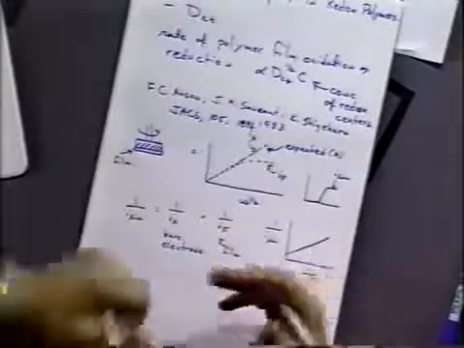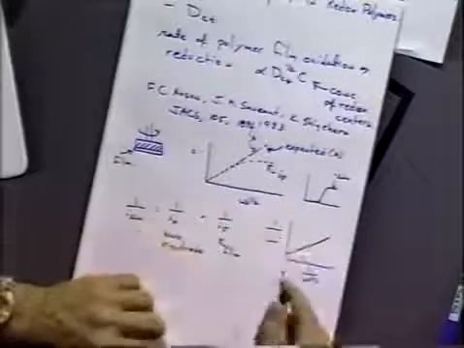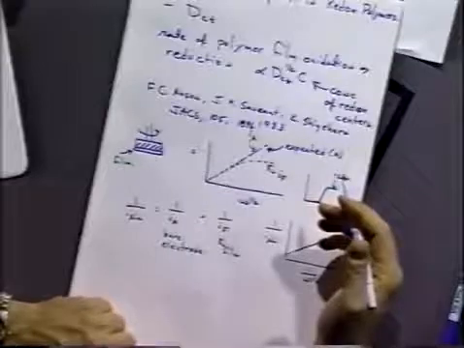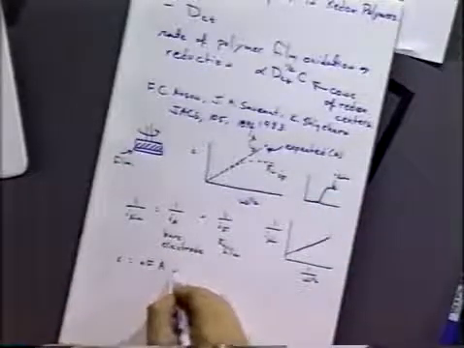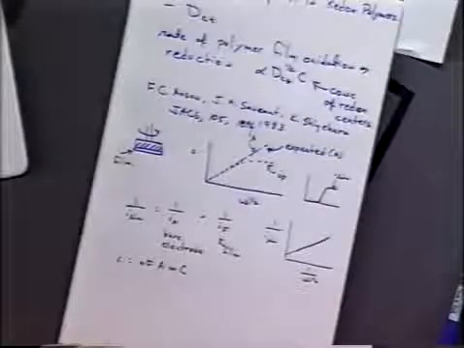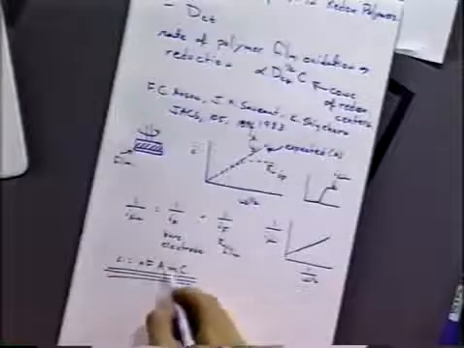So once we know the rate of charge transport through the film, we can use the equation that we use for mass transport limited systems, but we would replace this mass transport limited